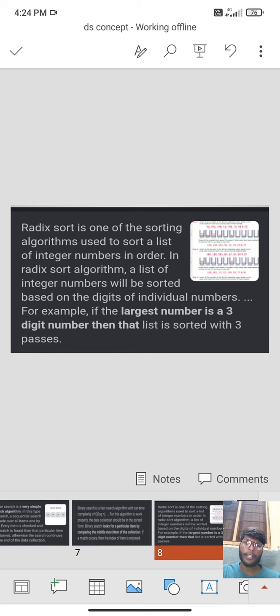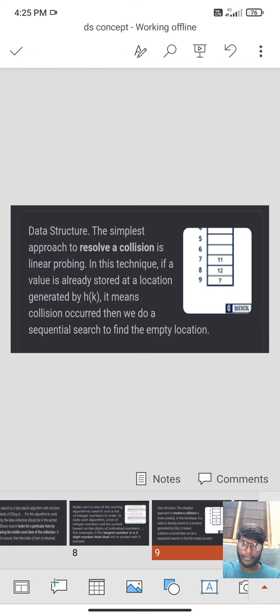For example, if the largest number is a 3 digit number, then the list is sorted with 3 passes. The simplest approach to resolve a collision is linear probing. In this technique, if a value is already stored at a location generated by h(k), it means a collision occurred. Then we do a sequential search to find an empty location.